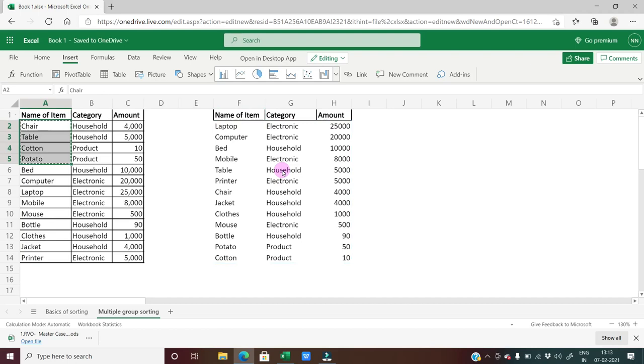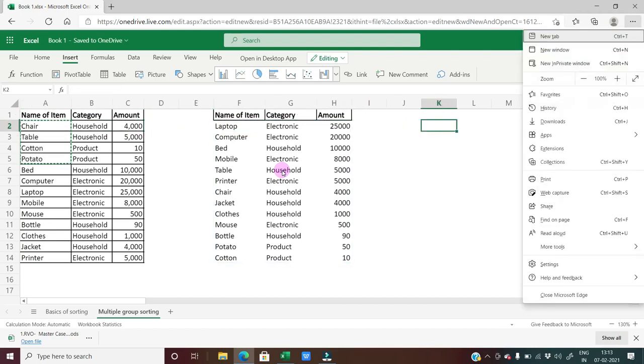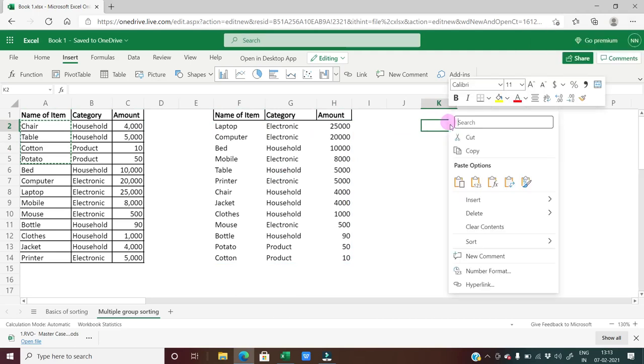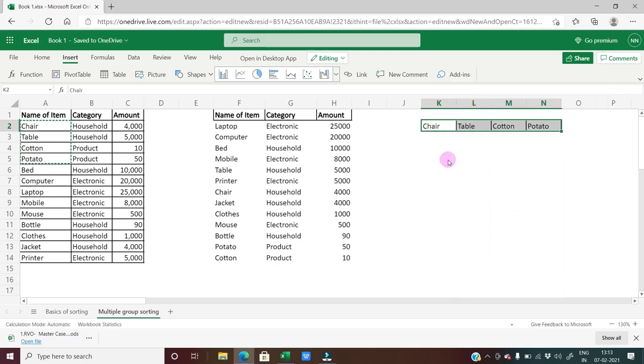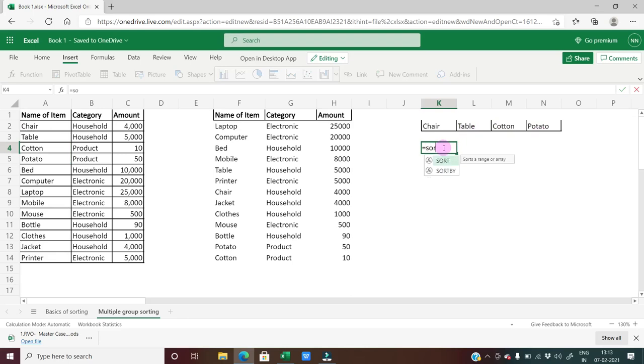Say for example, now you want to sort data which is available in a row. So let's paste this in a transposed manner, and say we want to sort this. Right now it is coming in the order C, T, C, P. If you see the first letter, it is C, T, C, P. If I want to sort, what formula will I have to apply? Equals to sort. I will select this particular thing. Then I don't have any sort index, so I will keep pressing comma comma, and in terms of by column I will put -1. And I will press enter.